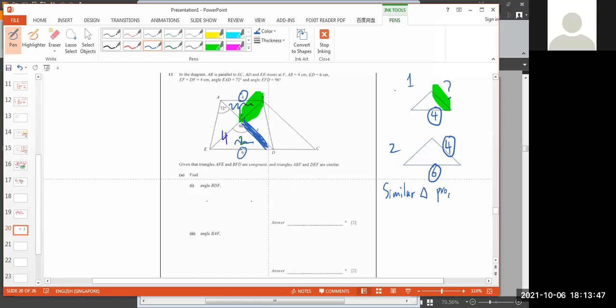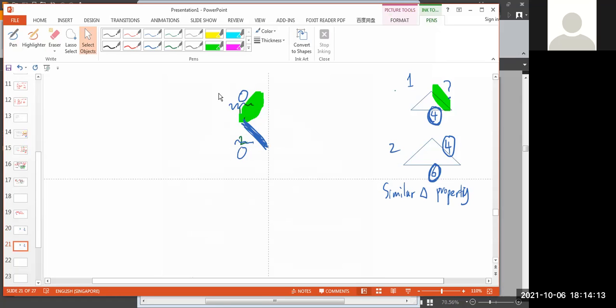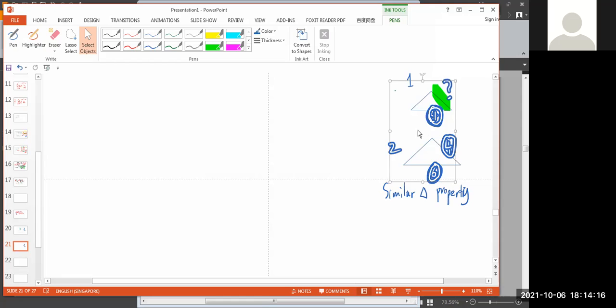triangle properties. I'm going to explain to you what this similar triangle property is. Okay, if this is 4, this is 6. So, I don't want to do this question first. I'm going to give you a simple example first. Later you will know what I mean pretty fast. So instead of 4 here, I want to make it simpler. If I tell you these 2 are similar,